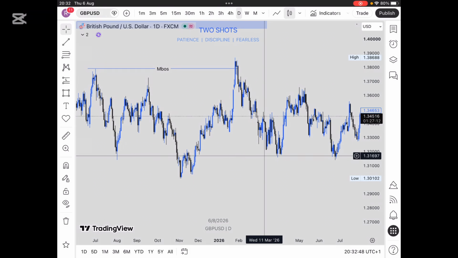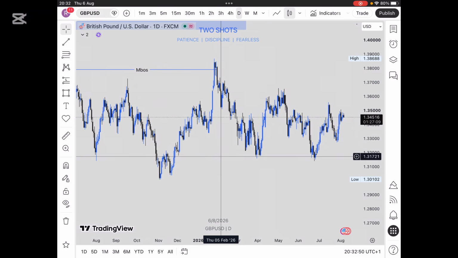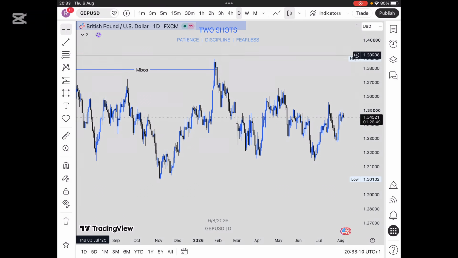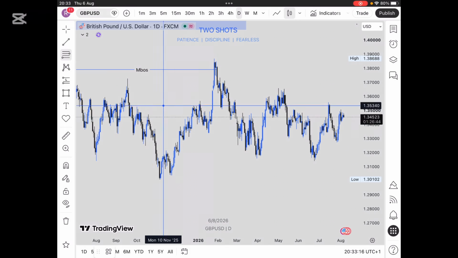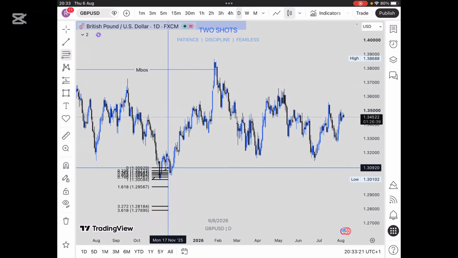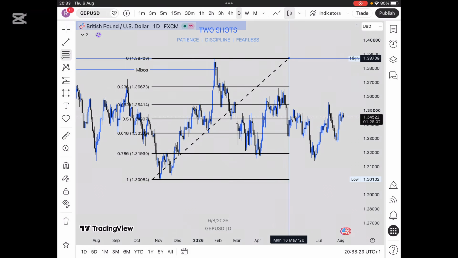So one of the things we look out for after a break of structure is for price to retrace back into discount level before we can consider buying into the market again. So how do we know where is our discount level? For us to know our discount level, we pick a tool over here known as the Fibonacci tool, the Fibonacci retracement tool. So you place it in the low and drag it up to the main high that broke, and then